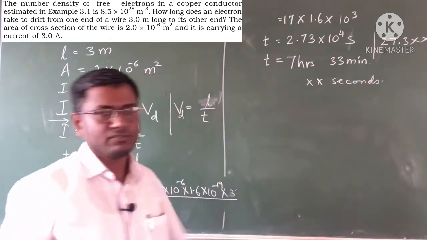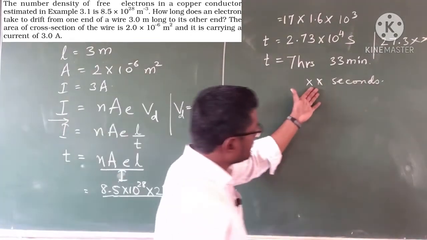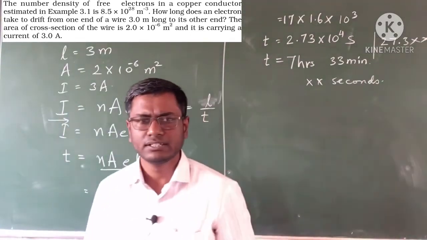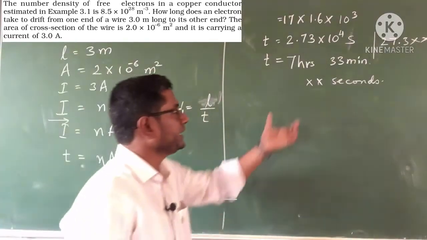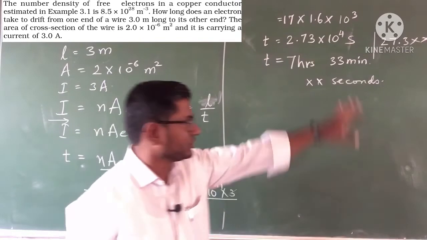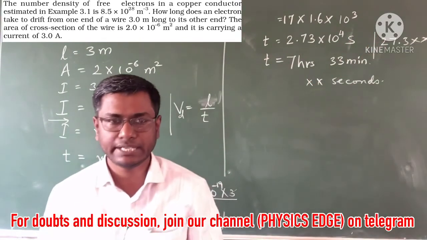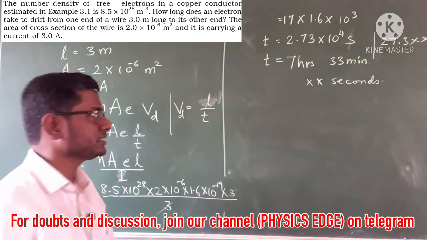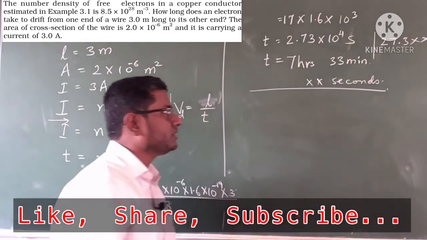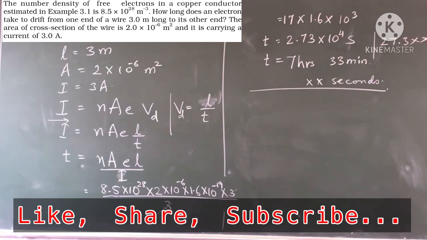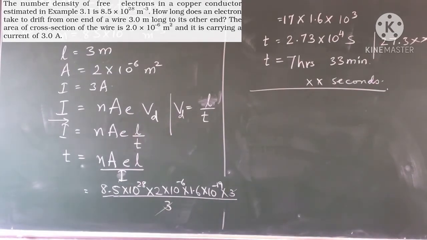The seconds part will not be necessary, maybe like 10 seconds, 12 seconds, 14 seconds. It can be something between 10 to 20 seconds you may get, depending on the variation, because there is a 10 power 4 here and we are not taking the exact number of seconds, and that is the way it is given. So the time will be equal to 7 hours 33 minutes and some maybe 10-11 seconds. You are going to get the answer as